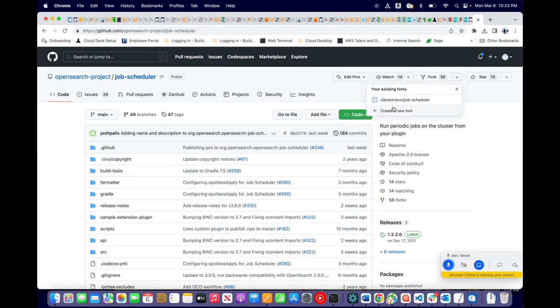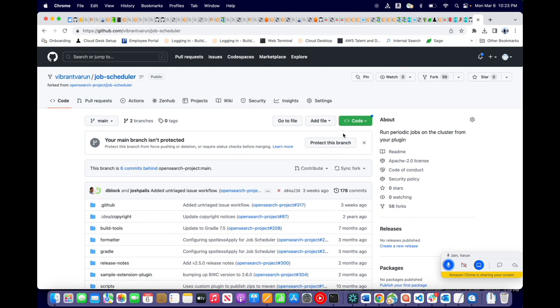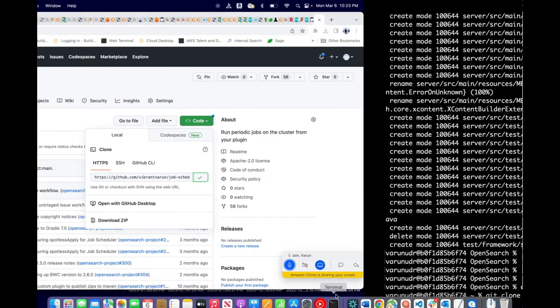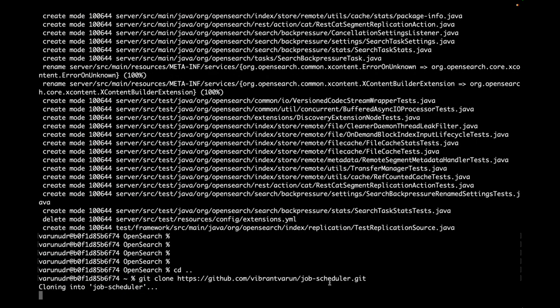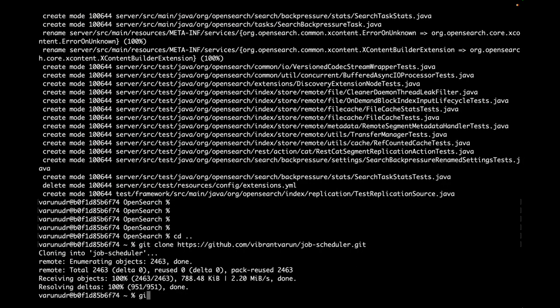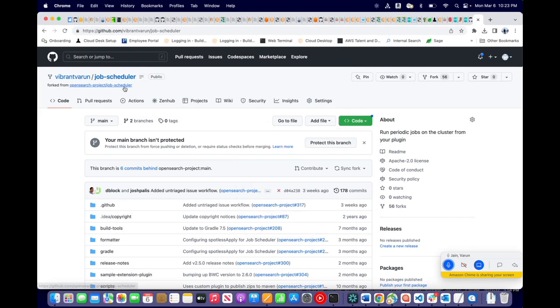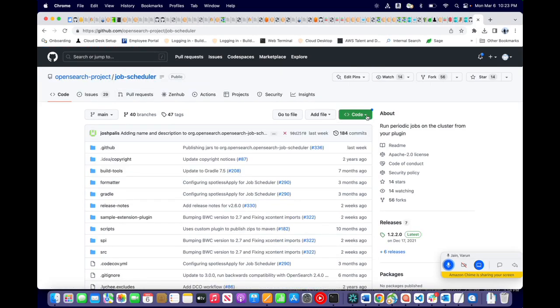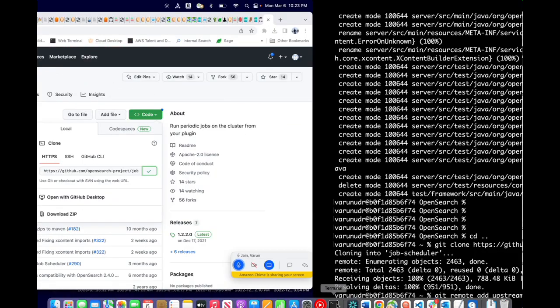Again, I'll create a new fork similarly as I have created in OpenSearch. So here also I have created one fork, and I'll go to my fork. I'll copy the link and I'll paste it here. Now I'll be running git clone, and I'll be adding the upstream for this as well. So git remote add upstream, and then I have to go to the open source project job scheduler, copy this link,